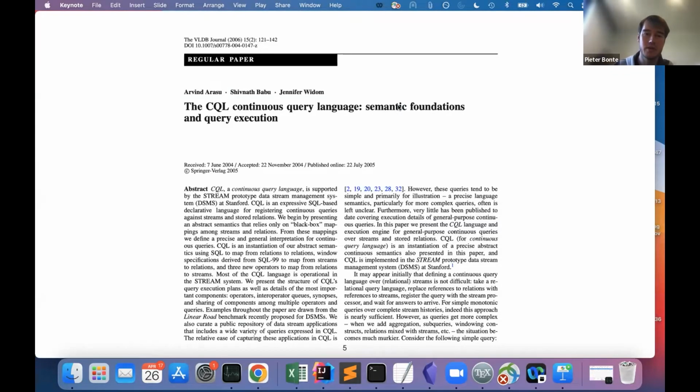And the first stop along our climb will be the introduction of the SQL model, and we're talking about a paper titled The SQL Continuous Query Language, Semantic Foundations and Query Execution. It's a paper by Arasu, Babu, and Widom. And basically, when you want to define the semantics, or the underlying fundamentals of a stream processing or a continuous language,